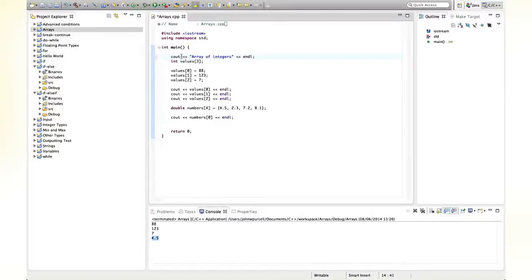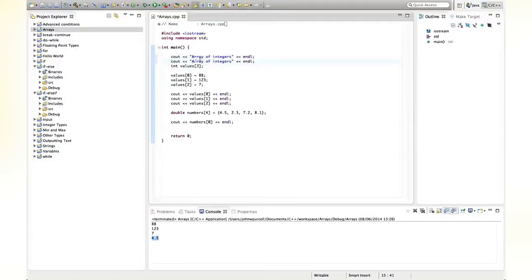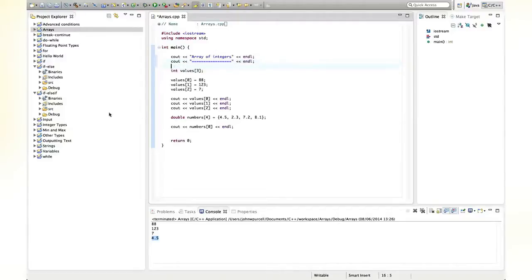And I can also put an endl at the beginning if I want, just to have some extra space there. Well, I won't put it here because this is the start of the program, but I think what I will do is let's just have some equal signs just to underline this title. And then let's put this down here as well. So here we're dealing with doubles now, array of doubles. And I'll just auto format that there with Command-Shift-F or